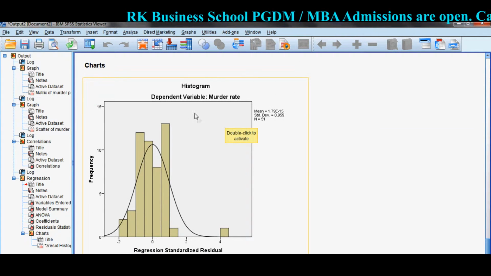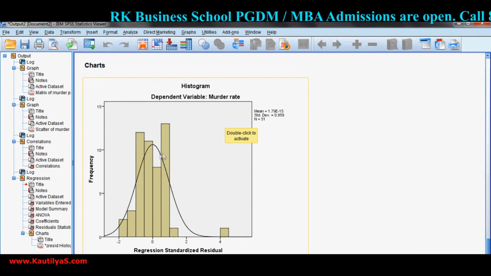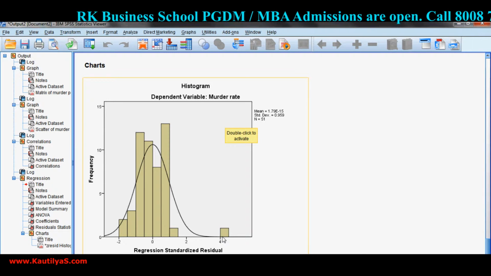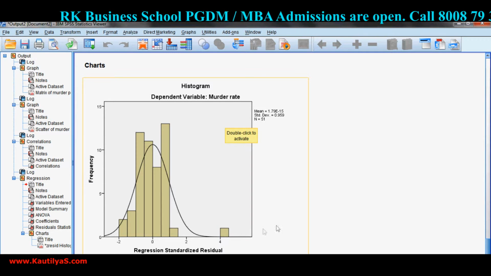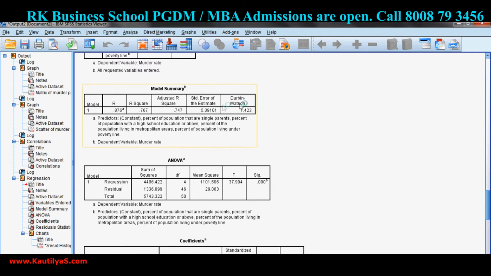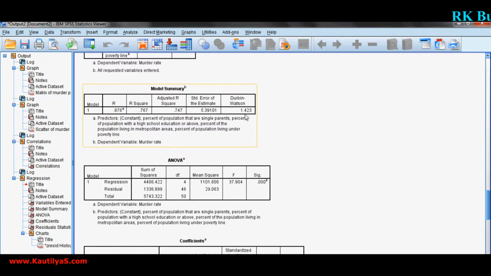And if you look at the distribution plot, it is normally distributed, except here we have one outlier. Then look at the Durbin-Watson test. The Durbin-Watson value ranges from 0 to 4.